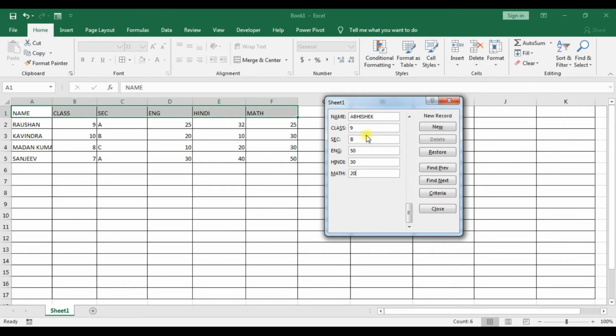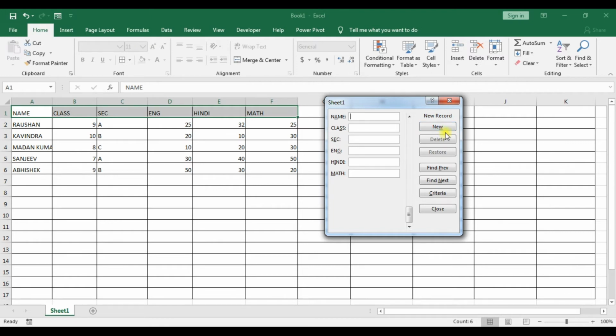In this way, you can create the form and enter the data in your worksheet by using the form. So the topic of my video is how to create a data entry form in MS Excel.